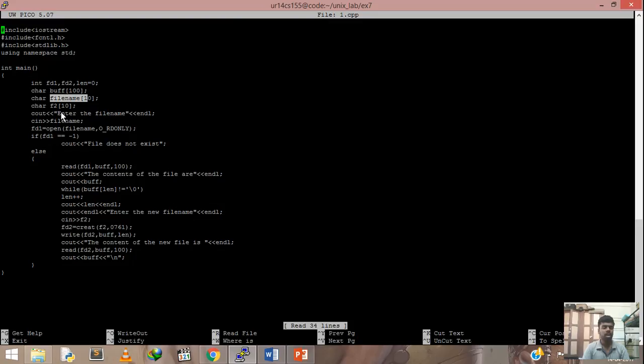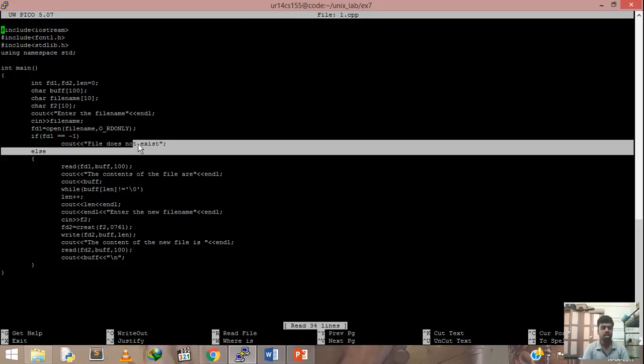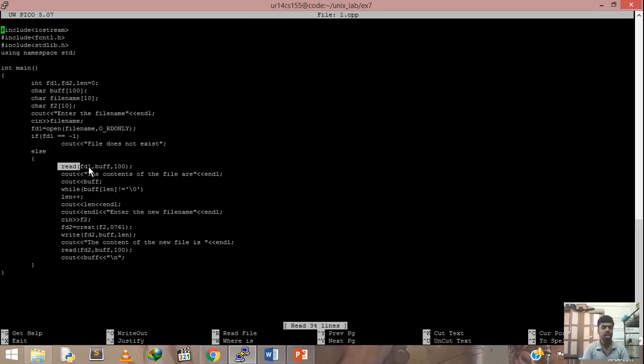Then it will ask enter the file name. It will store in the file name variable, and it will open the file using open system call, where we pass the file name and the permission, that is read only, and then the value will be stored in the file descriptor value. If the value is -1, then the file does not exist. Else if file exists, if the value of the file descriptor is not -1, then first we will read the file using read